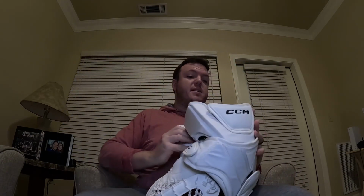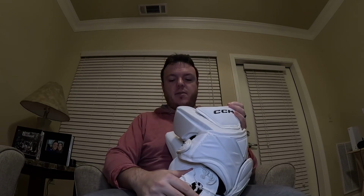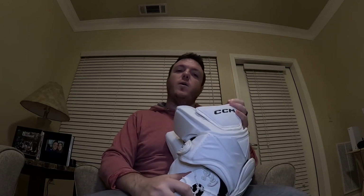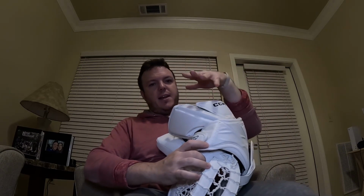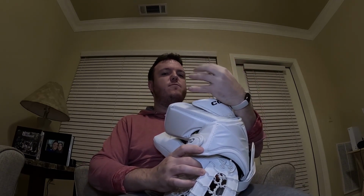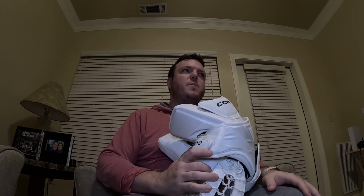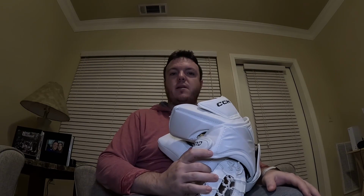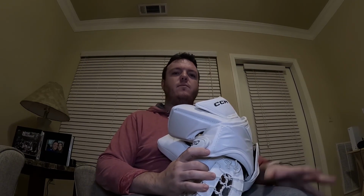One of the main big differences between the old Axis and the new Axis is that the new Axis does not use finger holes anymore. You're going to notice that as you slide your hand into the hole, there's nothing really keeping these four fingers from just floating around in space. A lot of people have problems with this, obviously, because it doesn't give you the stability for grabbing it